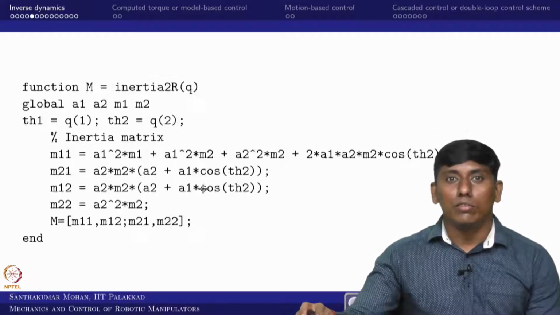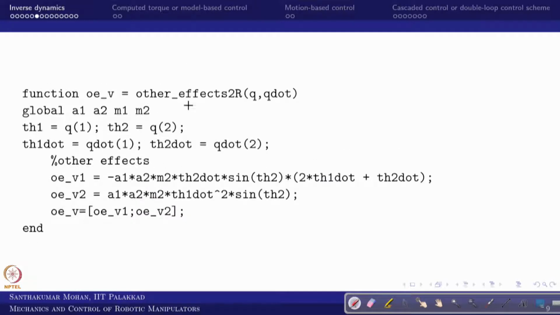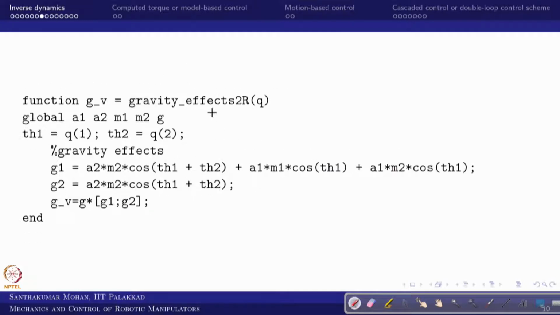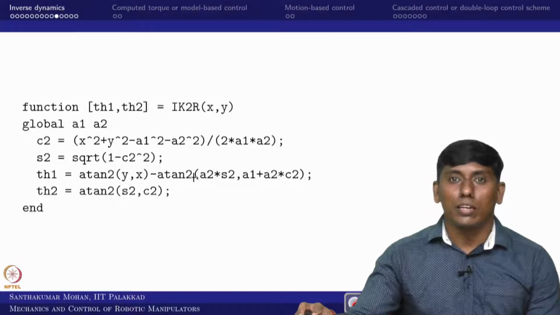Now based on this, we can use the subfunctions: the inertia subfunction, the other effect subfunction, and the gravity effect subfunction. These we have all derived in the last class. Then this is the Jacobian, because the Jacobian, forward kinematics and inverse kinematics are required, so we